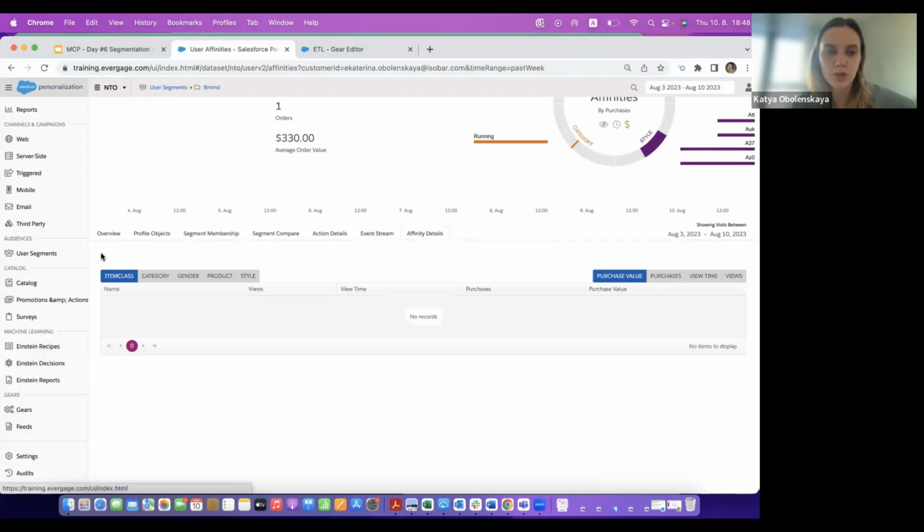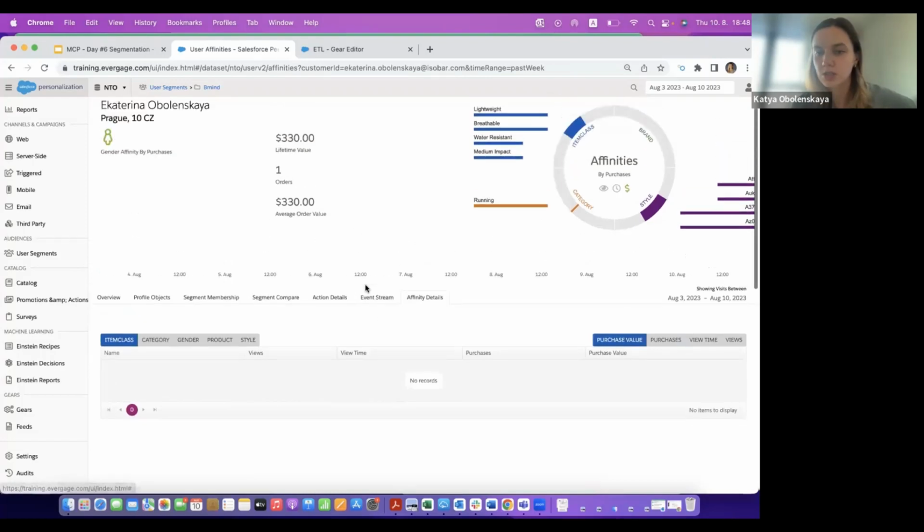Affinity details is also not populated here, but no worries. It's just to give you an understanding that based on the catalog objects, you might group the activities of that exact person and what are the interests and